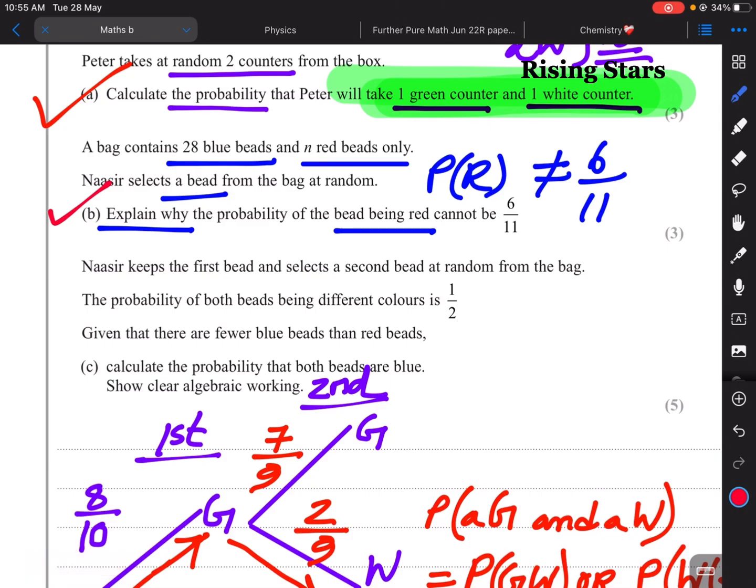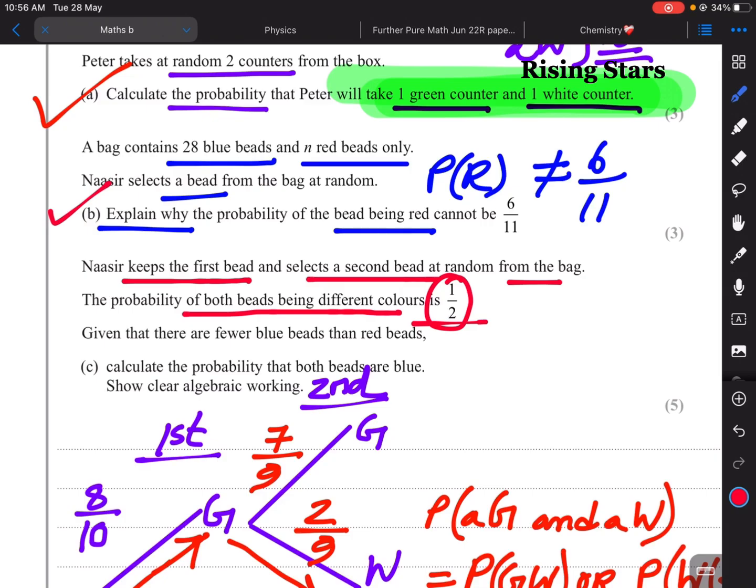So she keeps the first bit and selects the second bit from the bag at random. The probability of both bits being different colors is half. Both bits being different colors means blue and red, so either blue then red, or red then blue. It cannot be blue blue or red red. The probability of getting different colors in two picks is given as